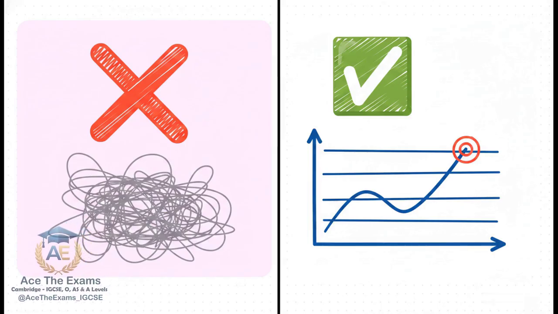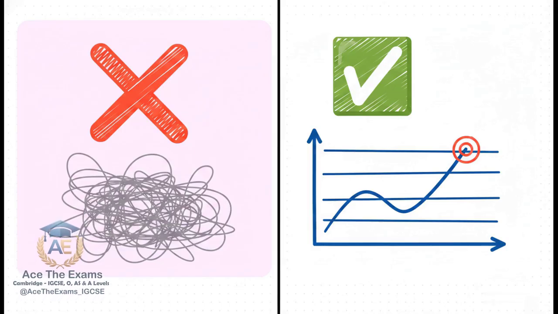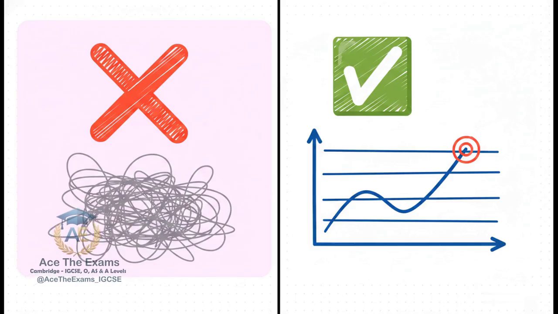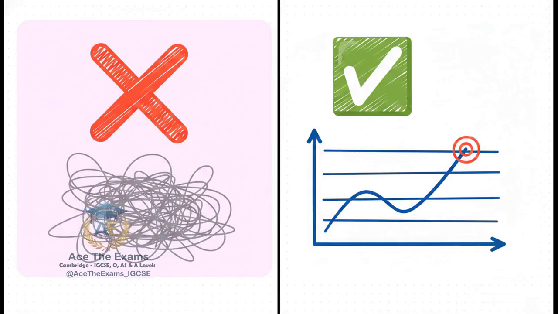Bam! Structural marks dropped. Why? Because they never explicitly define the mathematical terms. You can't just drop words onto the page. On the right, we have the A-star approach, explicitly defining terms. You write, since the second derivative is greater than 0 at x equals 3, the stationary point is a local